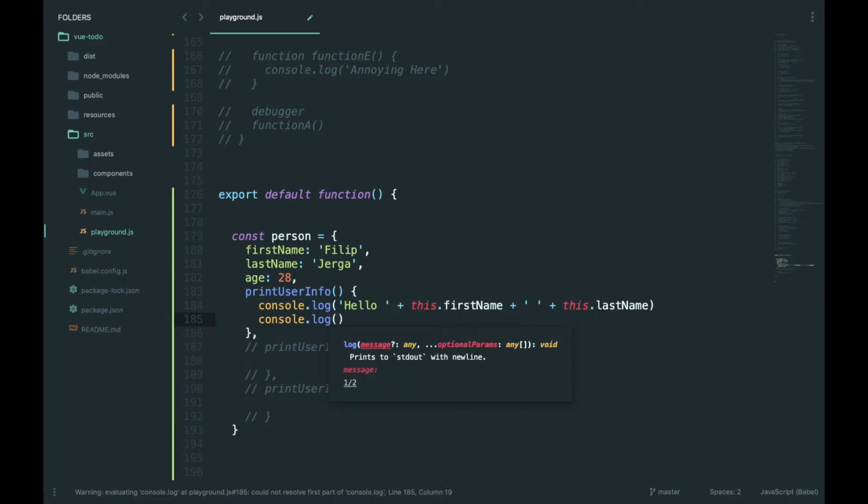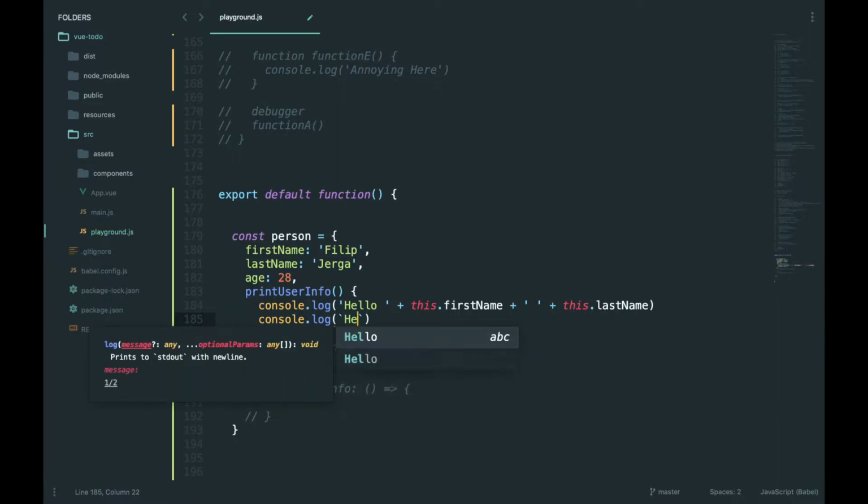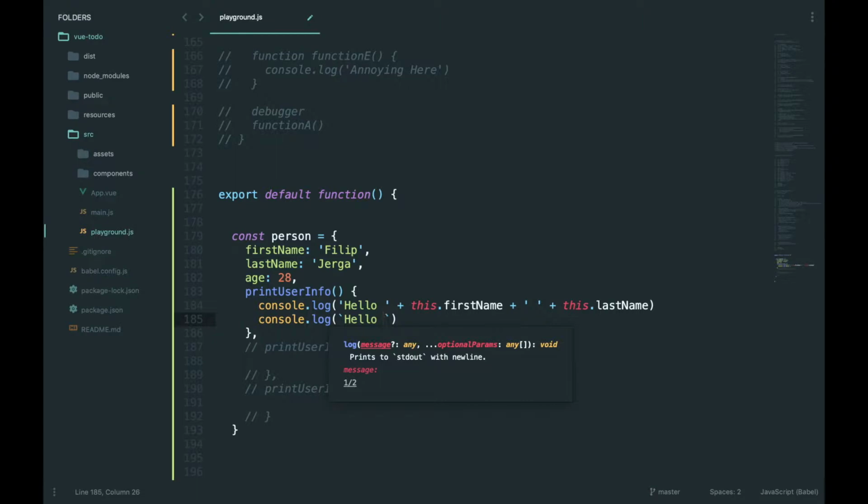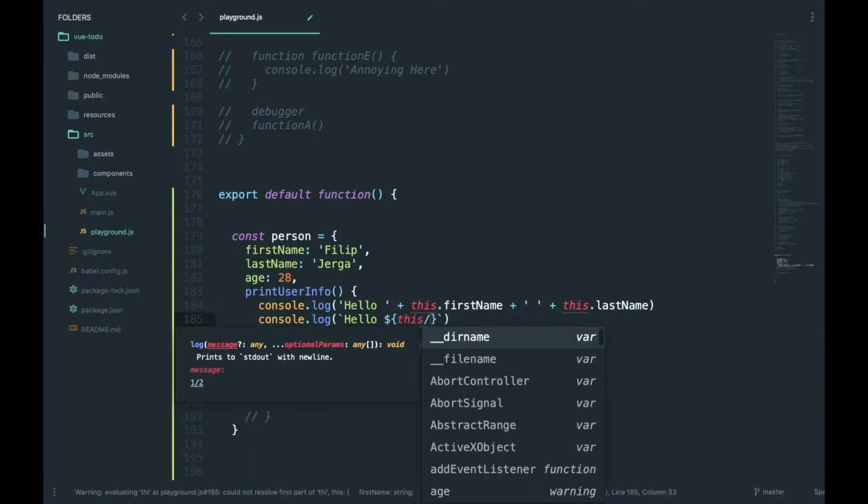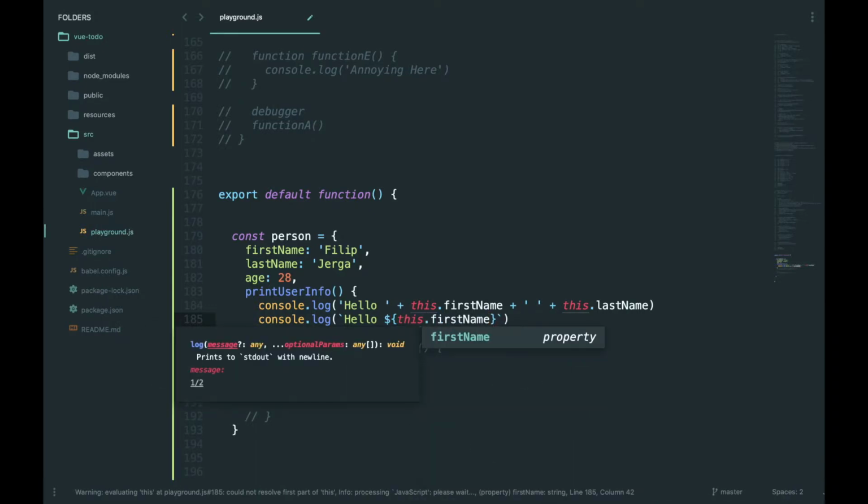So this is a symbol next to the Y on your keyboard, at least on my keyboard, the backticks, like this. And now you will write here hello. Now you can use string interpolation, so I can write here $ curly brackets, and inside I will write my variable, so this dot first name,